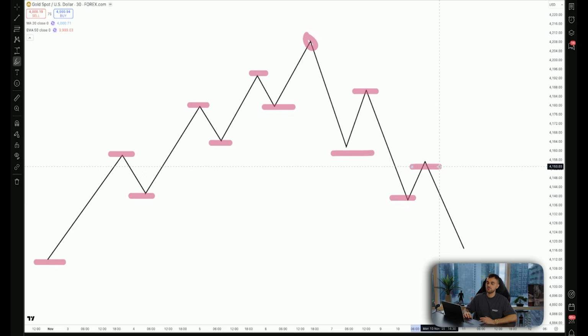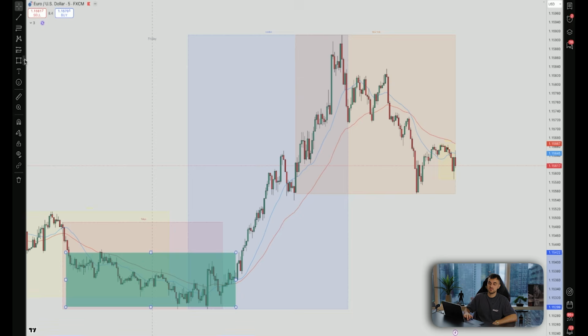So when it comes down to analyzing the charts, we're not always just jumping on the charts looking for trades. We're also looking for trends. What trend is the market currently in? Are we in an uptrend? Are we in a downtrend? Or are we getting ready to reverse, maybe consolidating in a sideways market? Kind of like how Euro USD was here when it was sideways, and you can see how we ended up breaking out towards the upside.